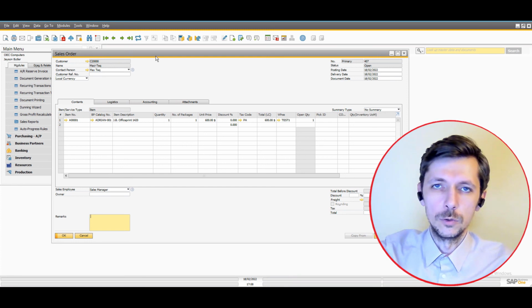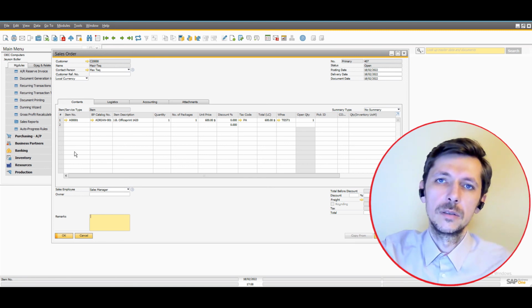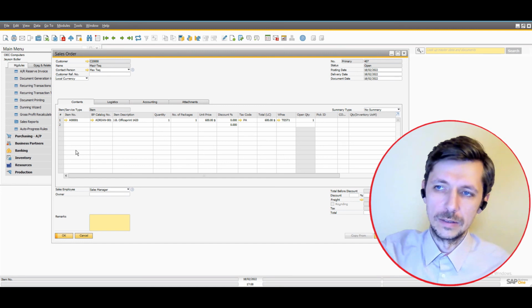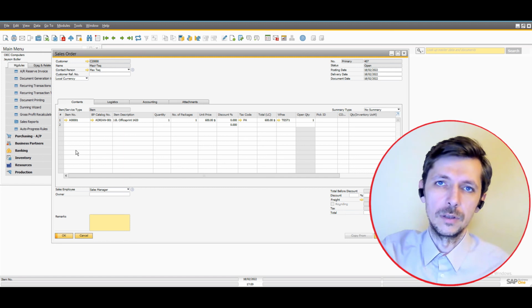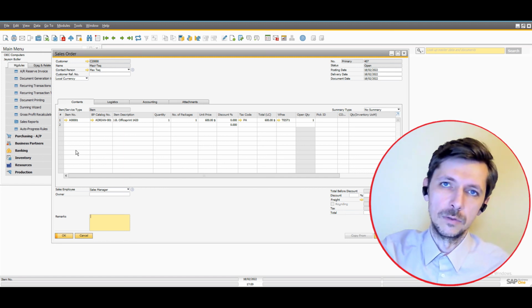You can even choose to, there are advanced settings as well. If you would like to partially release orders, that means if you don't have enough quantity for all the lines, you can allow it to release to a pick list the lines where you do have enough quantity in the warehouse to deliver, and leave the ones that do not have enough quantity right now still on the order open. They will still be checked by the service periodically. And as soon as you have stock for the remaining lines, you will create a separate pick list for those. So that's one way you can run the service,